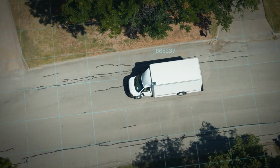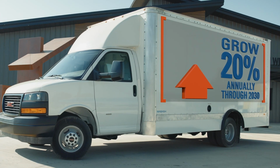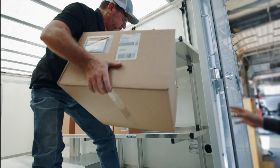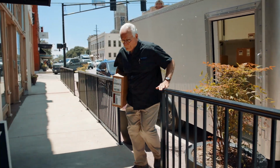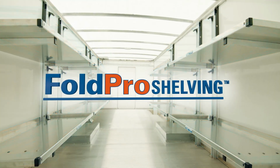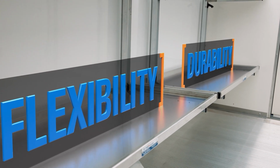Last mile delivery is critical to today's business needs and will continue to grow 20% annually through 2030. Customer demand for everything from groceries to e-commerce goods and daily business needs is driving the demand for fast, efficient, safe delivery of goods. Safe Fleet's patented FoldPro Shelving boasts a unique design that offers unparalleled durability and flexibility, all